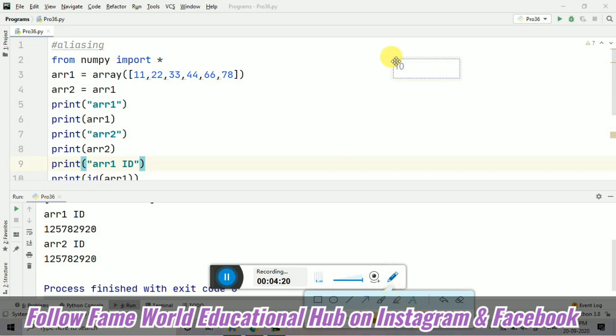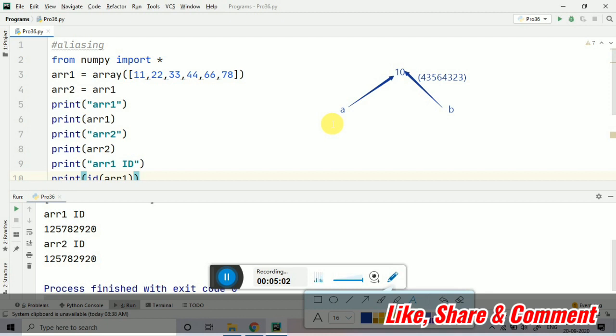I was just trying to say that if you are having the value 10, this is the value, and we are also having some variables, as we were taking a, and one more variable we are having b. In that condition, a is referring to this 10 only because a is equal to 10, and now b equals to a, that's why it's also having the value 10 only. So they both are referring to the same value. That's why there is the address of only the value, not the variables. So addresses are basically for the values, not the variables. Suppose this was the address, so it was for the value 10. That's why for both of these variables, the address was coming the same.